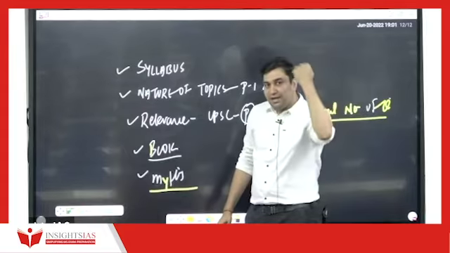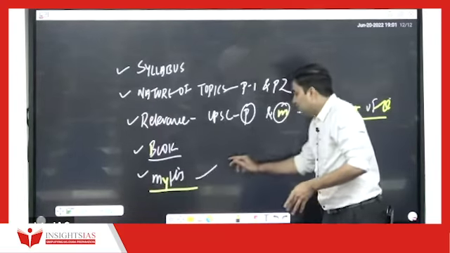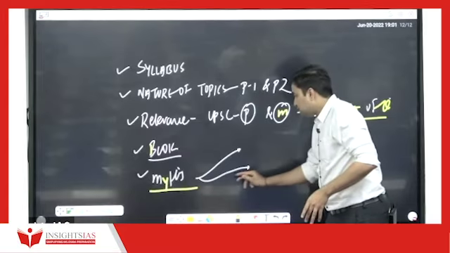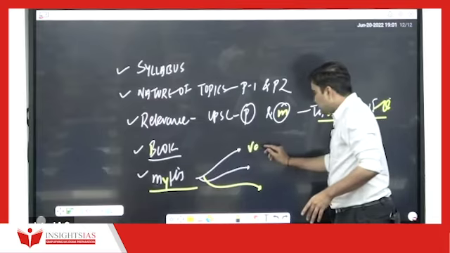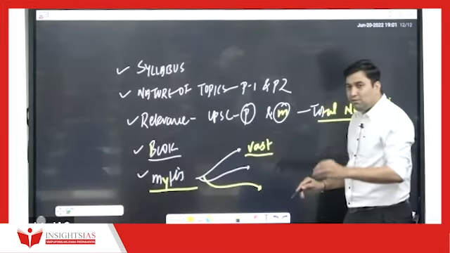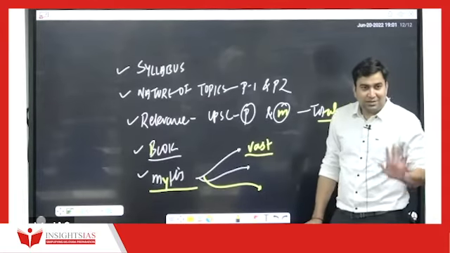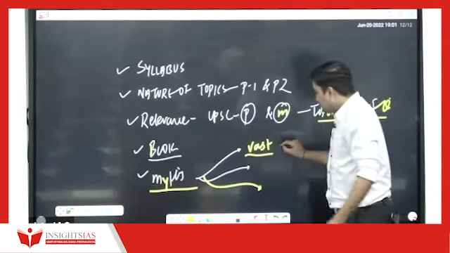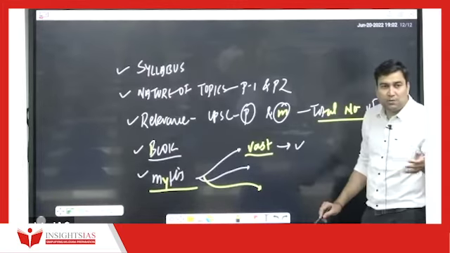Now, it is said that geography ka syllabus is very vast. I'm just trying to tell few of the myths first, and then I will come to the book list. The geography syllabus is very, very vast, and you cannot complete geography syllabus within a year of preparation. This is what people say. This is what is the fact. Is it very vast? So answer is yes, it is vast, no doubt at all.